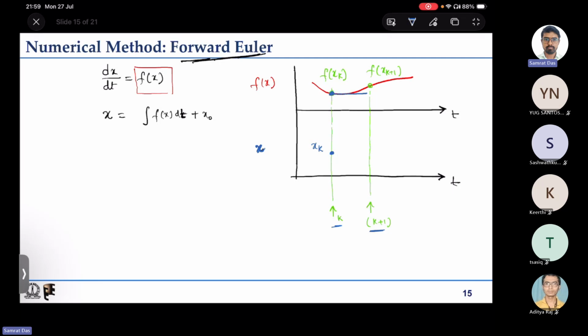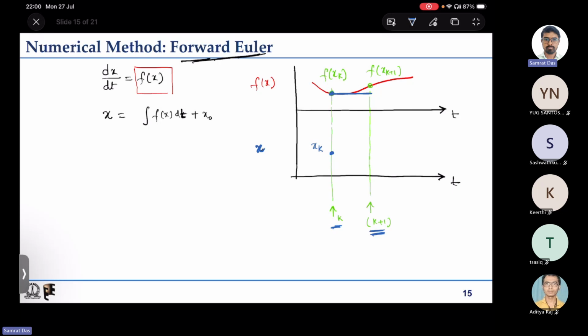So our assumed pattern will be like this: between the kth and k plus 1th instant, we assume that f(x) remains constant at whatever is the value at xk, so in this case it is f of xk. Because the value of x at the kth instant is known and f(x) between k and k plus 1 is known to be a constant equal to f of xk,